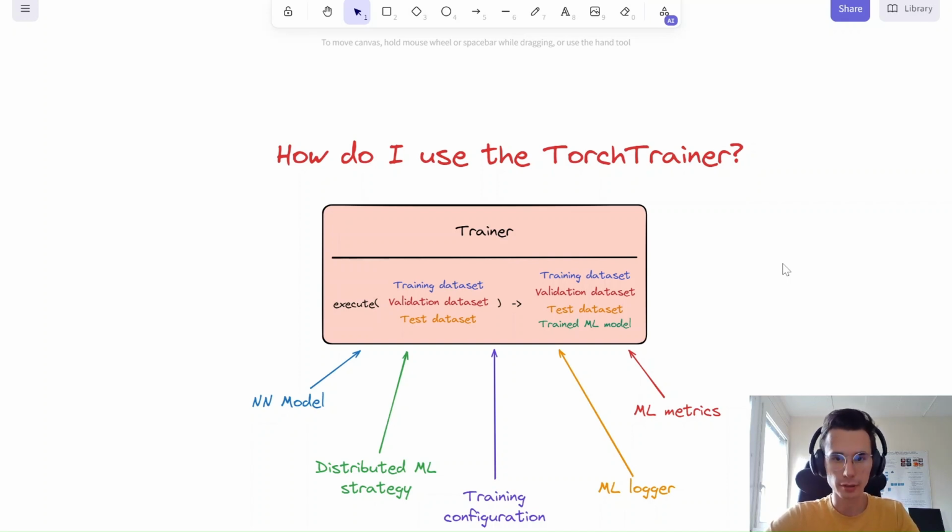The TorchTrainer executes a method, which is the execute method, which receives three arguments: the training, validation, and test dataset. It returns a tuple of 4 elements. The first 3 elements of the return tuple are the same as the inputs, so train, validation, and test, so they are propagated, plus the trained machine learning model. This is at runtime when we execute a trainer. But when a trainer is instantiated,